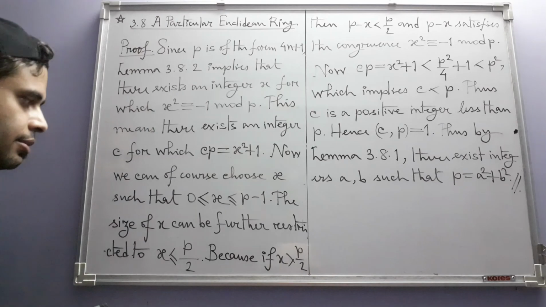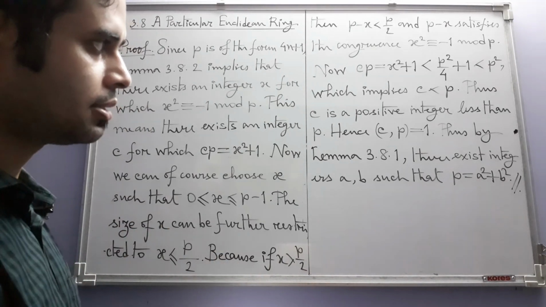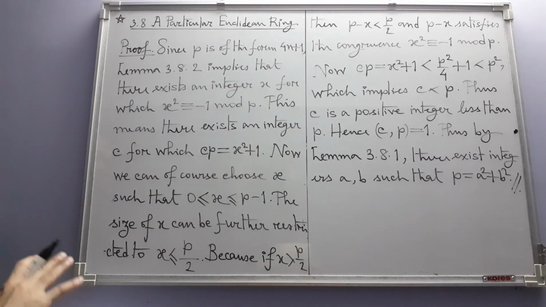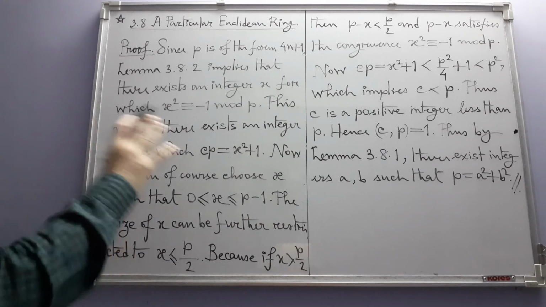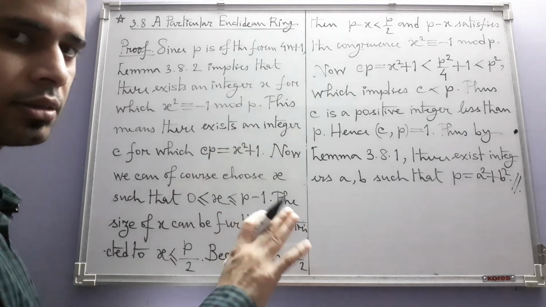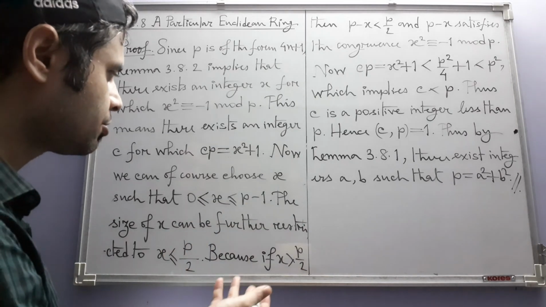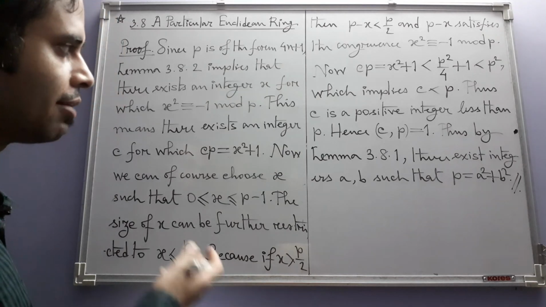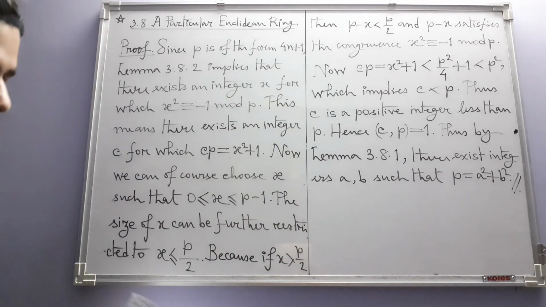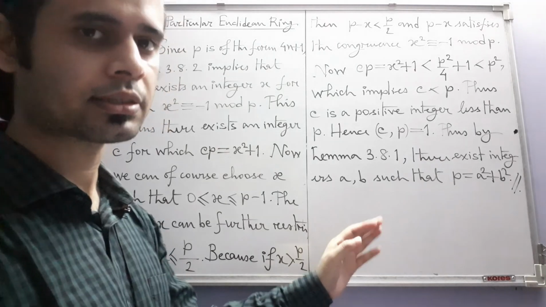However, that needs a lot of effort. We need a lot of effort to substantiate the result if we take the elementary number theoretic approach. Instead of that, if we use the theory of Euclidean rings, then we get the result with much less labor. And this also shows that Euclidean rings have, besides many other applications, this one. So after this we are now going to see the exercises at the